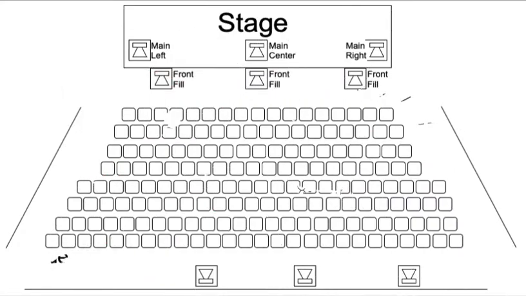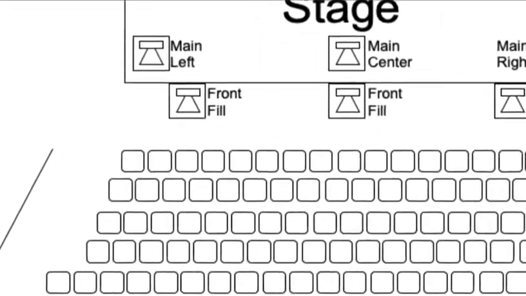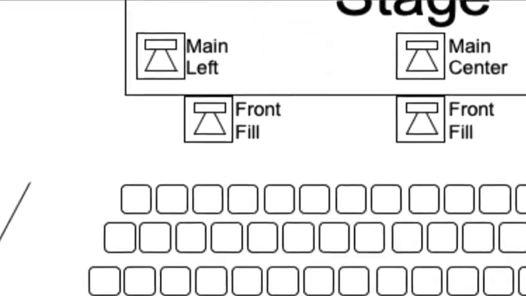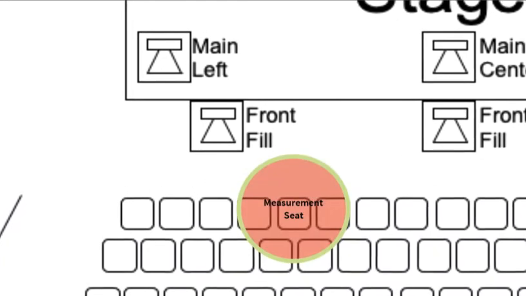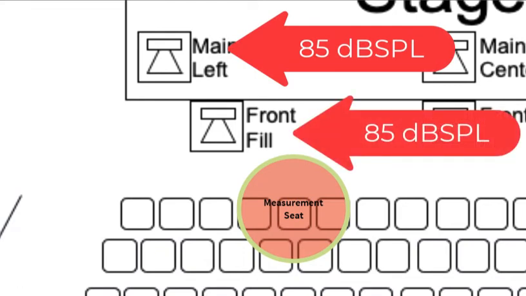So the last stage of our process, going back to this, is fine-tuning the delay. You've got to use your ears for this. You're going to sit in the measurement seat you have. You've got to decide on the correct measurement seat, and you can move around a little bit to get your compromise. With your remote control for your processor, or an assistant at the control, you're going to set the volume of the front fill speaker to match the volume in the mains, so that when you hear those front fill speakers just above the mains, that's where you want to stop.